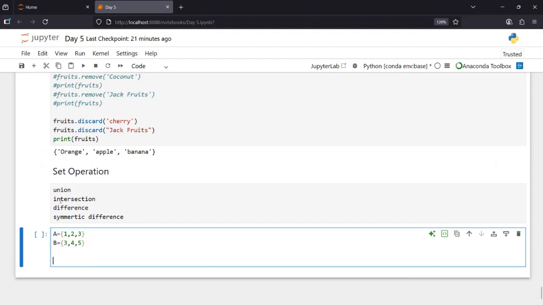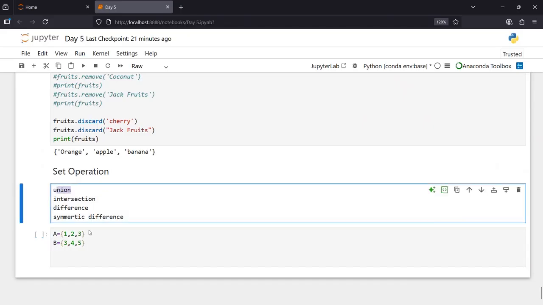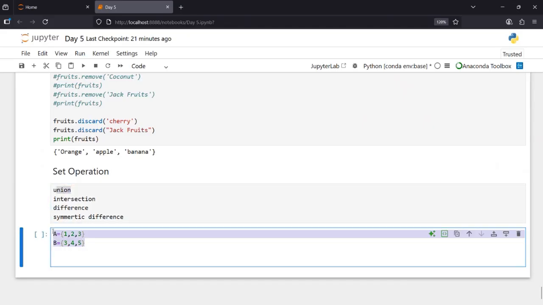Suppose I want to find the union between this A and B set. Union means it will cover everything. It will create another set having all the elements, but unique elements. So it will give 1, 2, 3, 4, 5. 3 will be there only one time. So if I run for union,